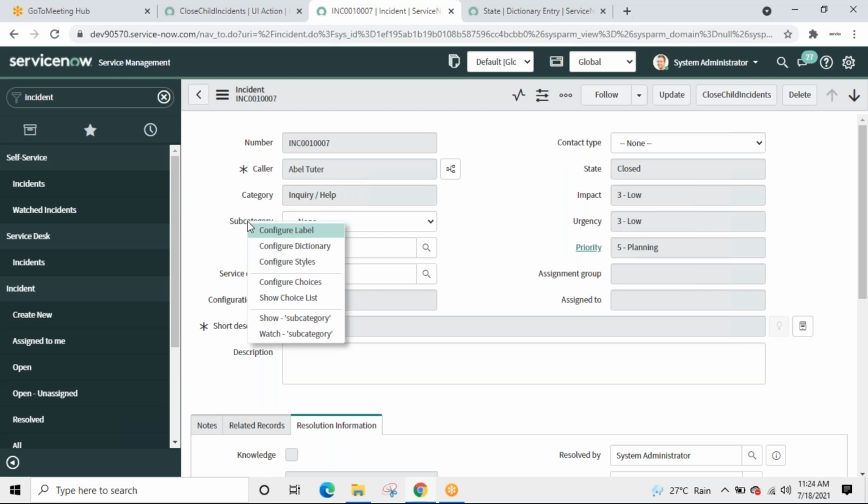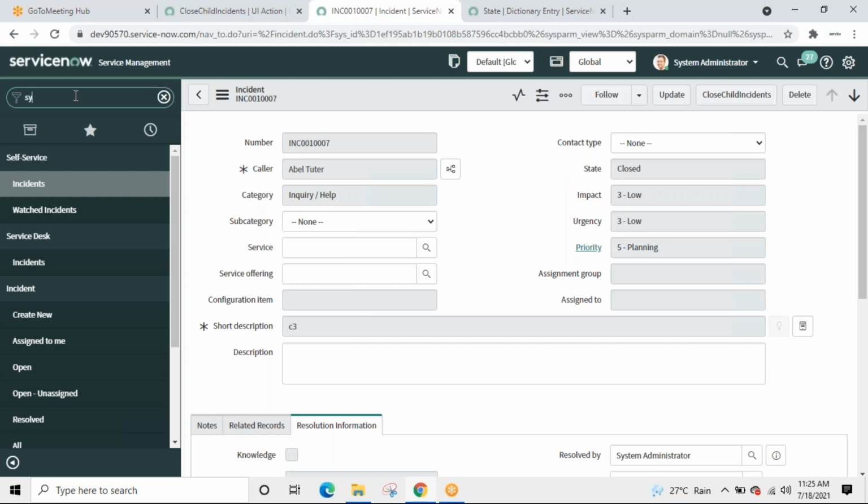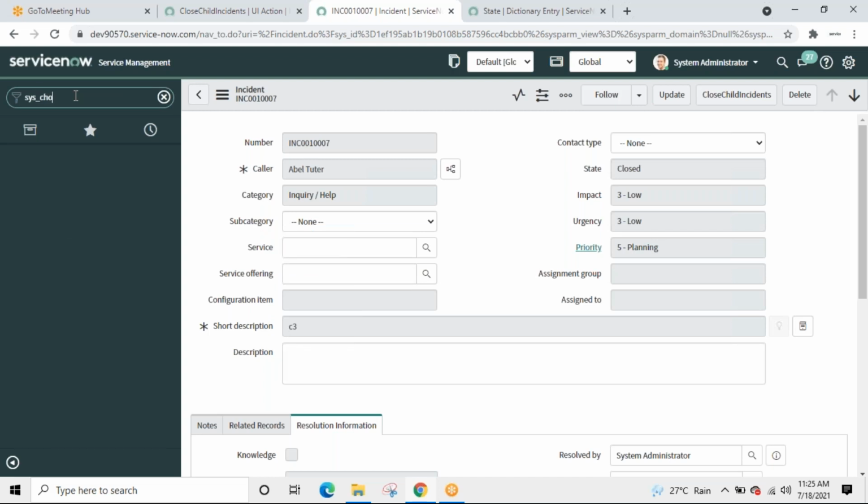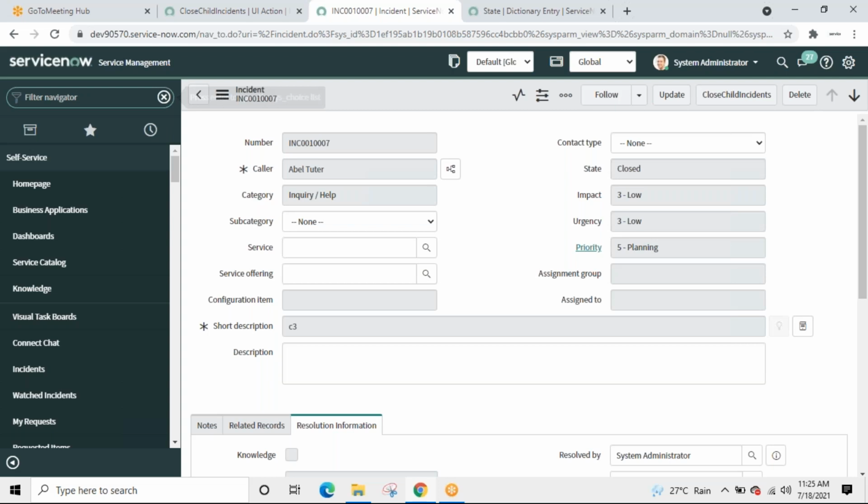They are all stored in one single table called sys_choice. Let us see. Is the name exactly what I am telling you? sys_choice_list.do.